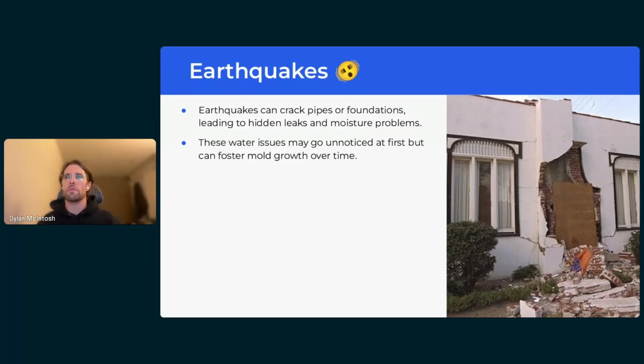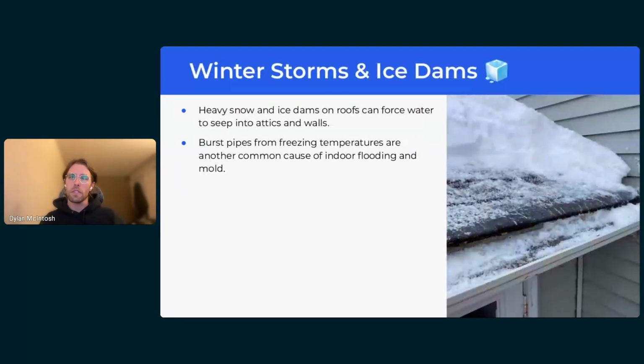And in the instance of a place like Southern California, where rain is not always going to be happening every week or every month even, it can go quite a while before those get noticed. And then the last one, winter storms and ice dams being a part of a major potential water problem. So when heavy snow lands on the roof, there's a type of issue that can happen called ice damming.